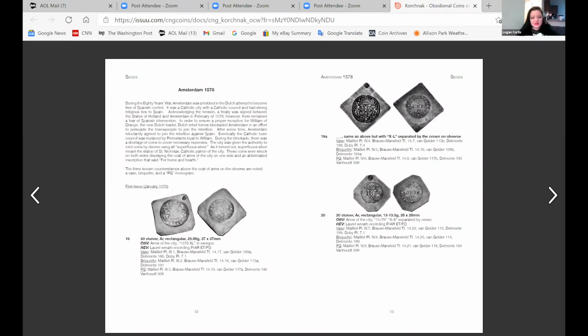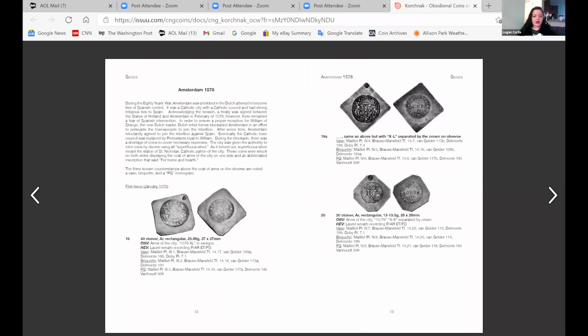Okay. This one is a little long, but I will go ahead and read it. Thank you very much for a fascinating paper. I am giving a paper on the influence of Dutch siege coinage on the siege coinage of the British Civil Wars next week for the British Numismatic Society, and so was delighted to hear your paper. I was struck by how many of the Dutch issues were square or diagonal in shape. In Britain, this is only closely associated with the Newark siege coinage from 1645 to 46. Do you think this was just a matter of practicality, as easier to produce, or